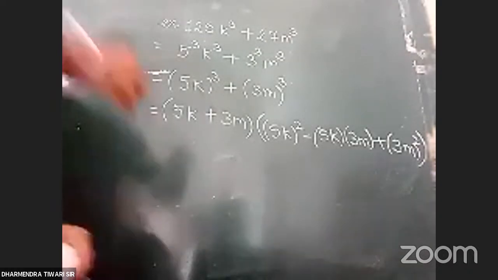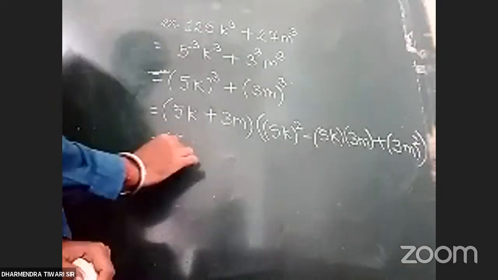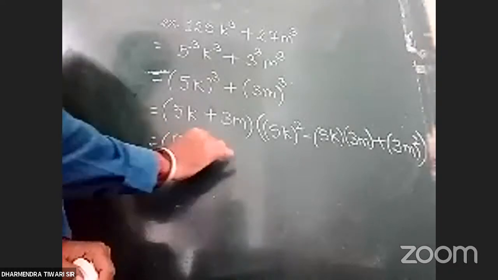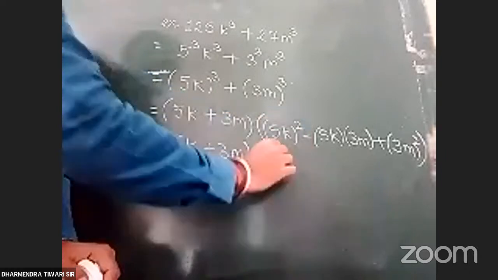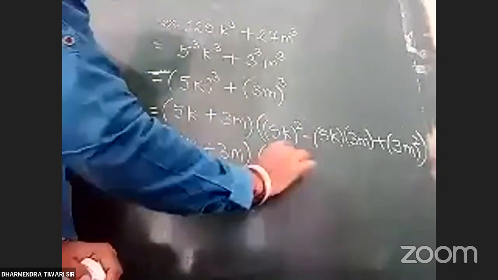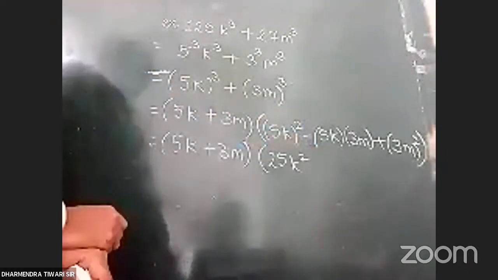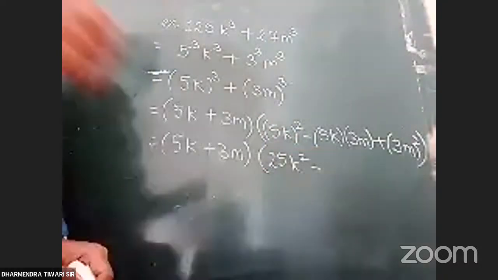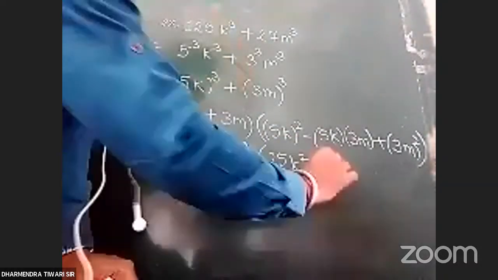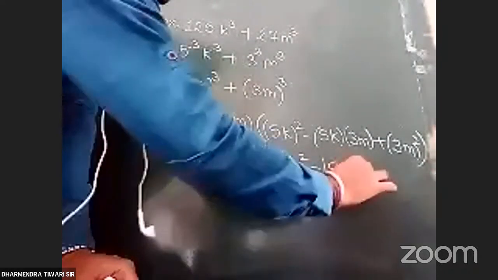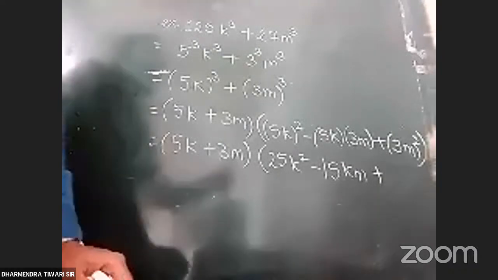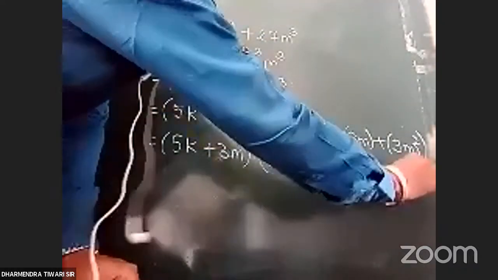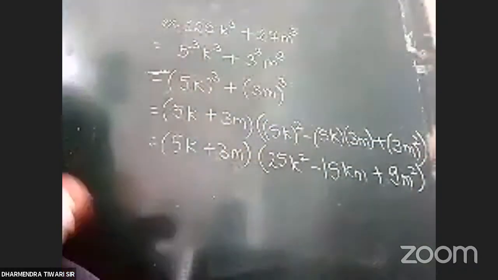This is 5k plus 3m, and here 5k square can be written as 25k square. 5 3s are 15, plus 3 square is